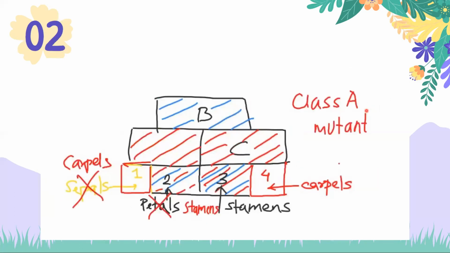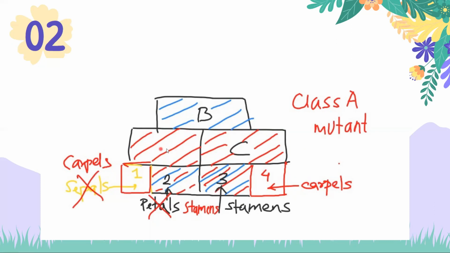Now, what if one of the genes is mutated? Suppose you don't have your class A genes. It is a mutant for class A. So now in this case, you do not have class A genes. It is a property of these Hox genes that they will spread their boundaries if one of them is absent. Now, when A was present here, it used to repress C, therefore C used to be in its own domain, and C also represses A, therefore A used to be in its own domain. So you had a distinction.